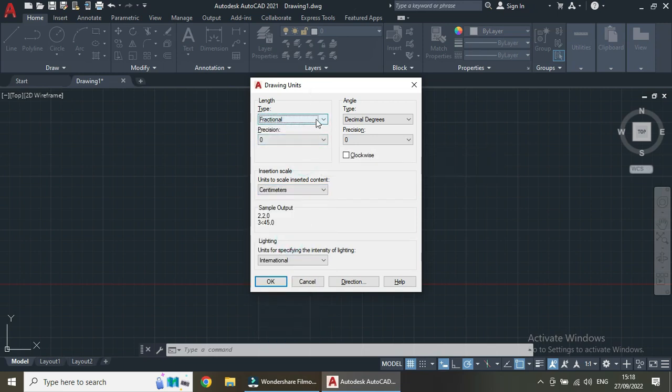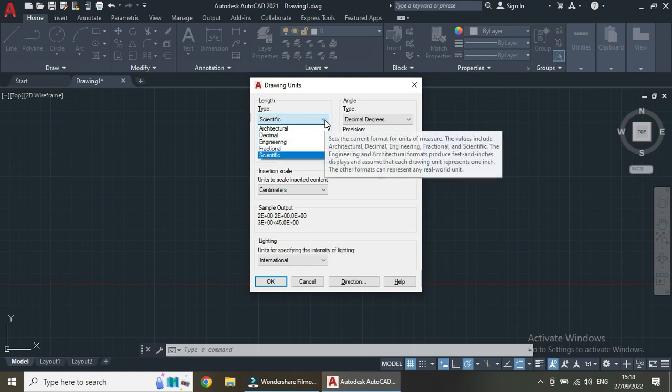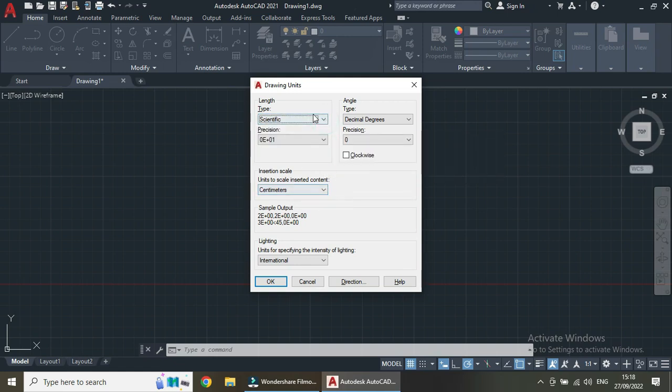This scientific unit we will not be using in any way. So generally we will be using architectural, engineering or decimal. These three we will be using more. According to our use, we can take any one. So let us make this engineering 0, 0. Here change it to inches. After clicking this,